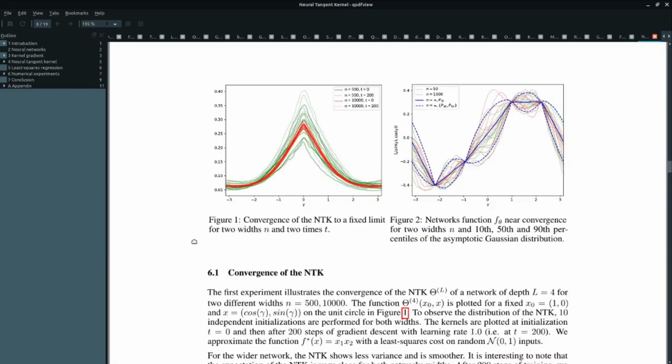That's not a super useful result, because when am I ever going to get data that's nicely on a unit sphere? Maybe in some cases. But they do an experiment with this kind of data, and they show